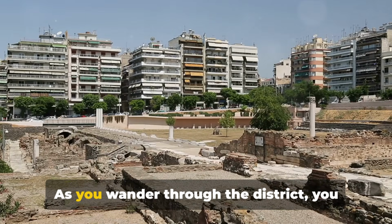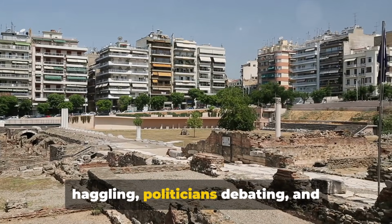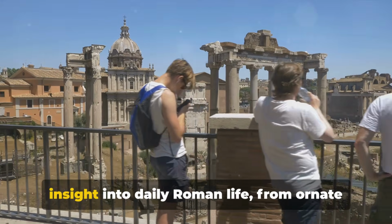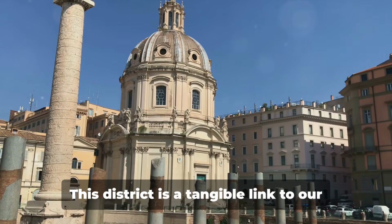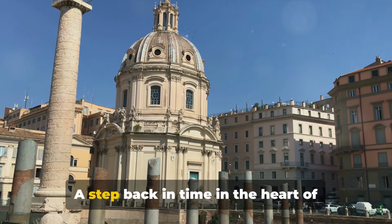today. As you wander through the district, you might almost hear the echoes of traders haggling, politicians debating, and priests sermonizing. Unearthed artifacts provide a fascinating insight into daily Roman life, from ornate jewelry to humble kitchen utensils. This district is a tangible link to our past, a living history lesson, a step back in time in the